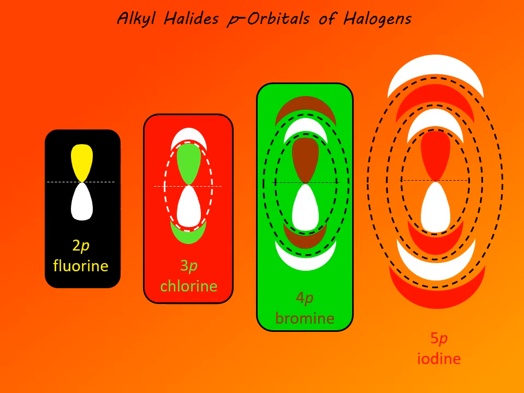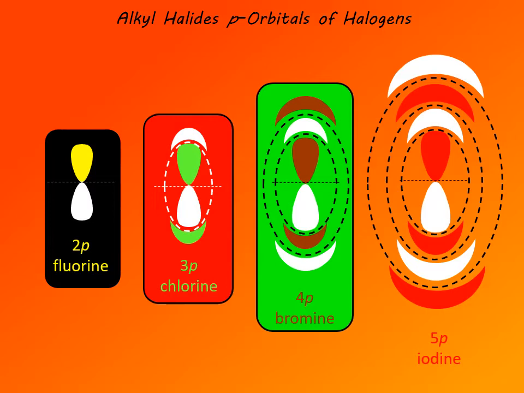Then we have 4p orbital of bromine, which is valence orbital of bromine. So that one has two spherical nodes. Again, they are shown as ellipses because this is stylized representation. And of course, that means that we have, we can say, more slices, more parts of the orbital where wave function keeps on changing from plus to minus and plus to minus, or colored to white and back to colored. And again, that results in somewhat inferior overlap with hybrid orbital of carbon, because as wave function changes, only